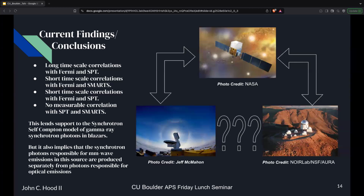So the findings we came away with were that there are some long time scale correlations with Fermi and SPT, which we saw by eye and immediately excluded from the further analysis, because we wanted to see if there was anything deeper that we just couldn't see. We found short time scale correlations with Fermi and SMARTS, which were during that first year where the correlation was